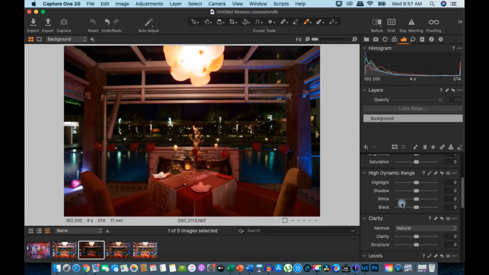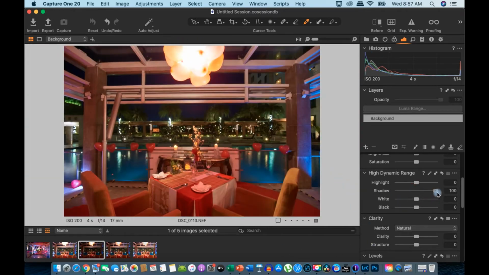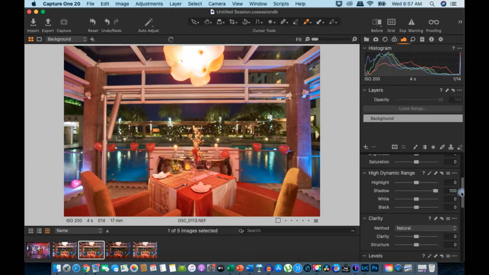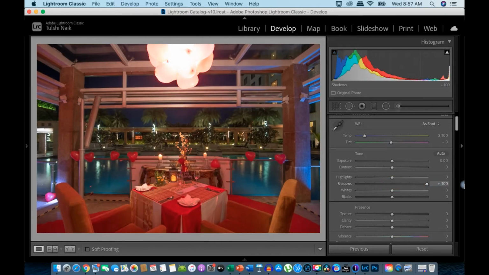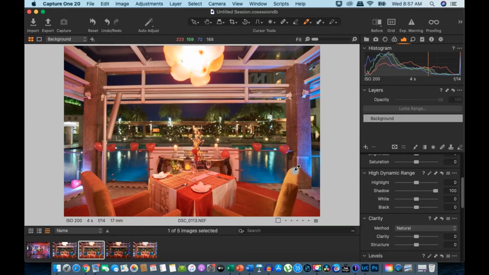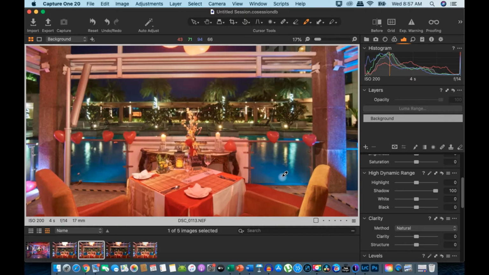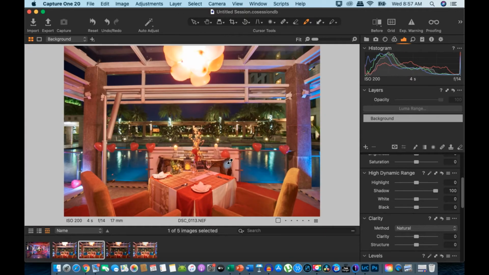So now let me lift up shadows all the way up in Capture One, and let me do the same in Lightroom, lift up the shadows all the way up. Now let's see how the Capture One image looks. As you see here, after we have taken shadows all the way up, the file looks very realistic. The rendering is much clearer, there are no hazy effects, no halos, and all the shadows you can see are realistic.